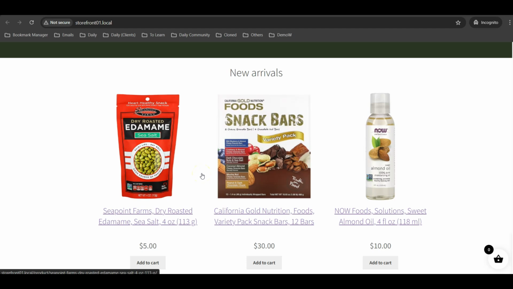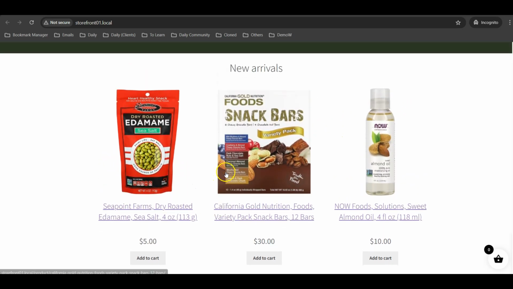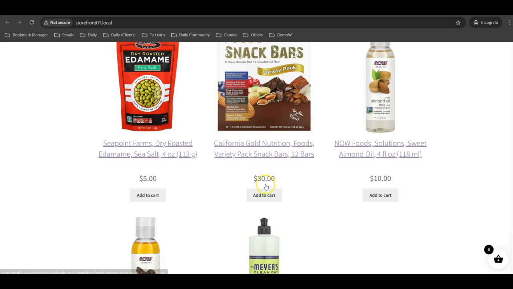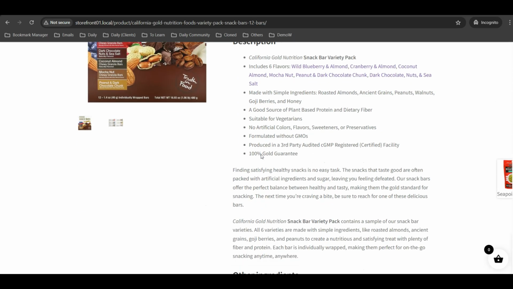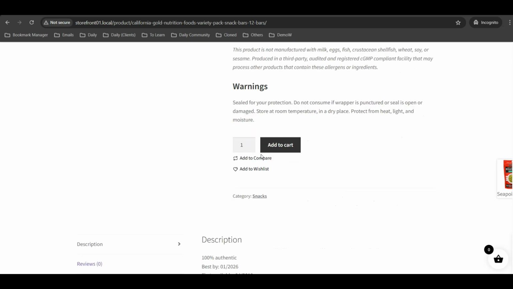Okay, hello everyone. In this week's tutorial, I'm going to show you how you can create a free shipping option in your WooCommerce store. So for example, if someone were to come to this sample WooCommerce store and they add in, let's say,